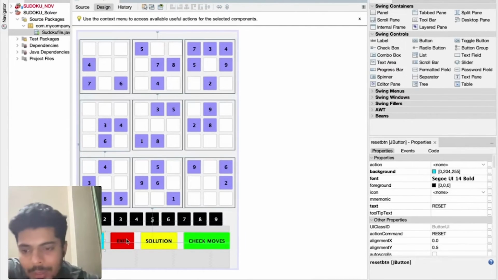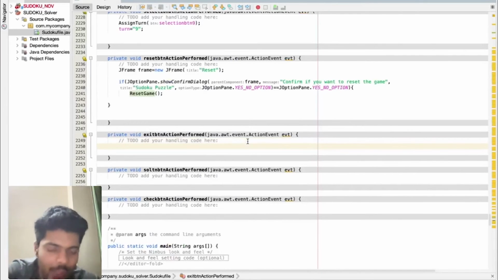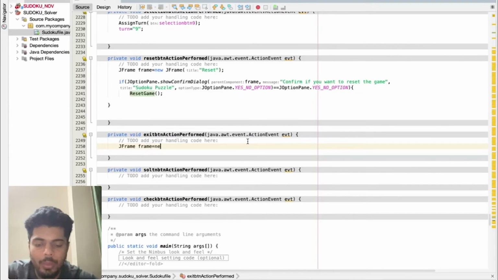Right. So let us quickly write the exit button here also. We're gonna do it in the same way. The frame equals new frame with the value exit.